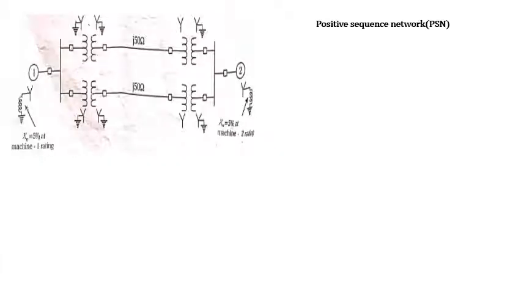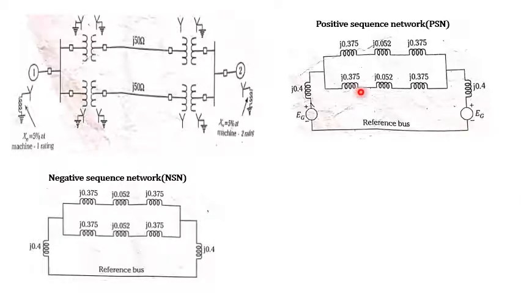Next we need to draw the positive sequence network. For the generator, it is a source of EMF and the reactance. For generator G2 it is the same. For the transformer it is just the reactance, for the transmission line just the reactance, and the same for the other transformer. We substitute only the positive sequence reactance values for the positive sequence network. It looks like this. And the negative sequence network is the same as the positive, we just need to make the source of EMF short circuited.